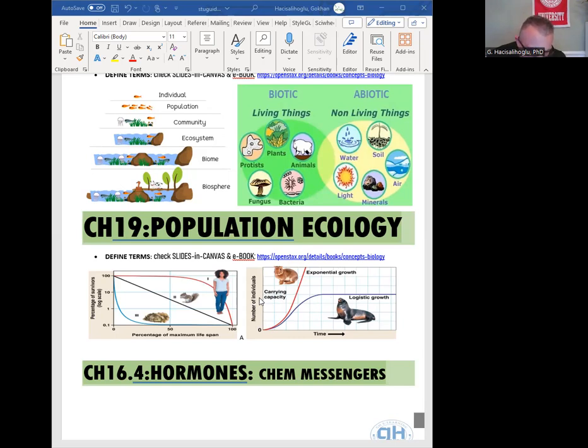For population growth regulation, there are a number of items related to this, factors like density dependent factors and density independent factors. What is a density dependent factor? It is basically intraspecific competition, the same species in an area competing with each other. These are limiting factors. Density independent factors are things like weather and seasonal changes.